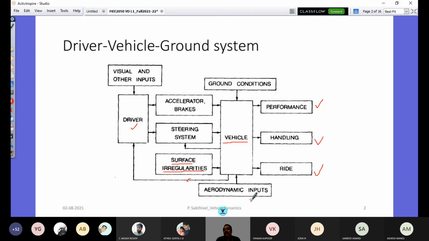So this one slide is bringing in the big picture of our course. We are going to study vehicle longitudinal dynamics to understand its performance, vehicle lateral dynamics to understand the handling aspects, and vehicle vertical dynamics to understand how comfortable the vehicle is. That's called the ride comfort part of your course. Of course, these are all realized because of an important element that I said, the tire-wheel assembly. So we would definitely study more of tires and tire dynamics and how the necessary forces and moments are generated at tire-road interaction.